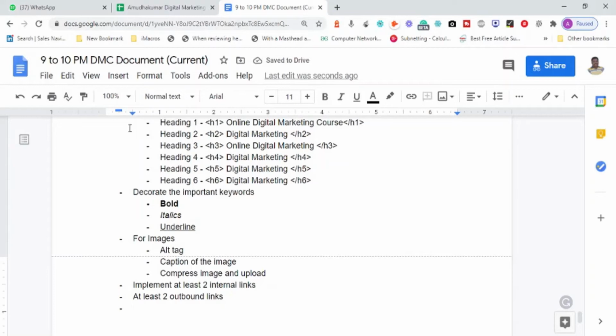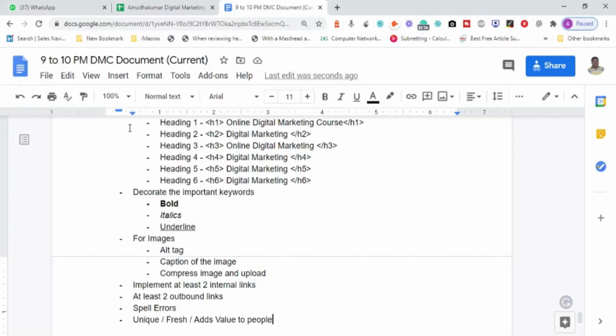Now by checking all this, there are several options also. Make sure that your content is free from spelling errors, and your content is unique. Don't copy paste from anywhere. Your content should be fresh, and it adds value to people. Make sense? So make sure your content is unique, fresh, and adds value to people.